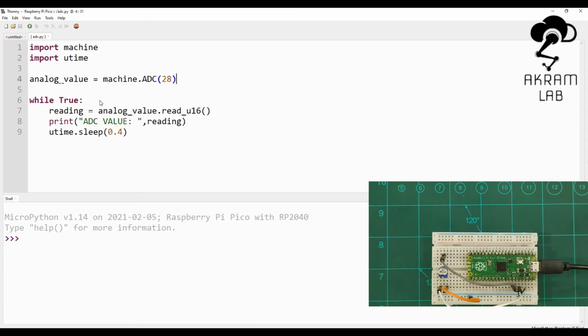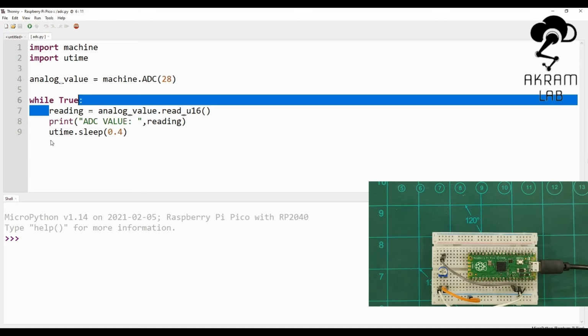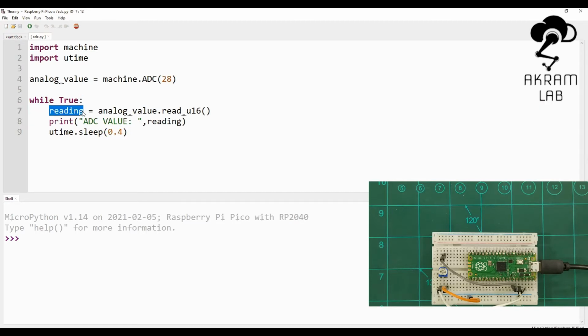While True is for an infinite loop, and then I have written a variable called reading where I will store the analog value from pin 28 of the Pico. To read the analog value of the potentiometer, I have written analog_value.read_u16().